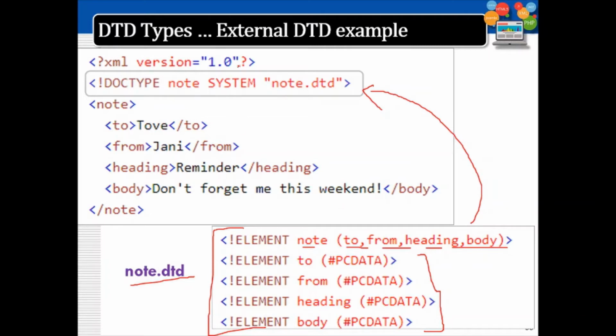So this is my XML file which is following the written rules. The XML prologue is here. Then I have a root node. Then all the nodes which are mentioned in the DTD are there in that same order. Now to link this, you have to use the syntax which I have already mentioned: exclamation DOCTYPE, note, which is the root tag, then SYSTEM, mentioning the path of the DTD, and my DTD name is note.dtd. This is how the DTD is linked. Once a linkage is made like this, if this XML is not following the rules mentioned in this DTD, then it is an invalid XML.